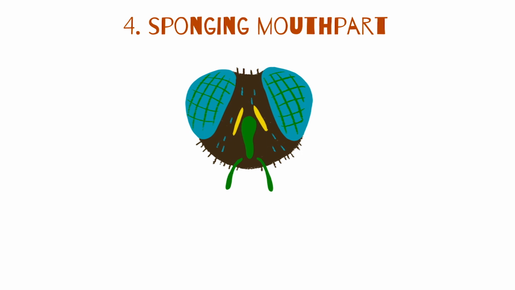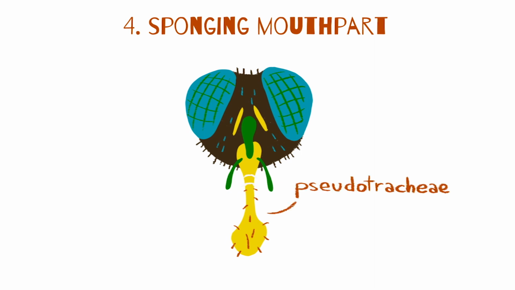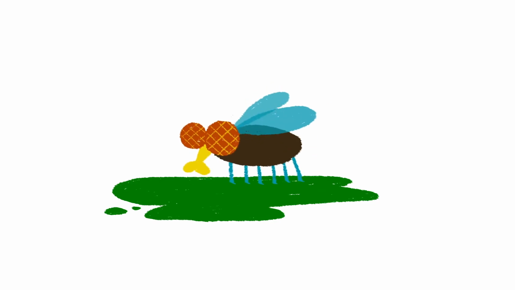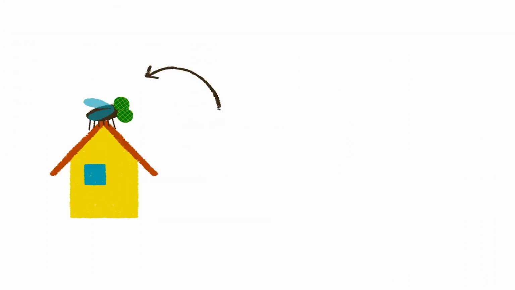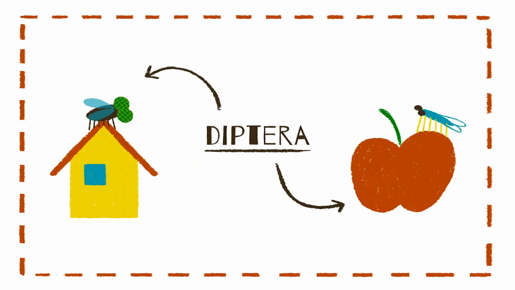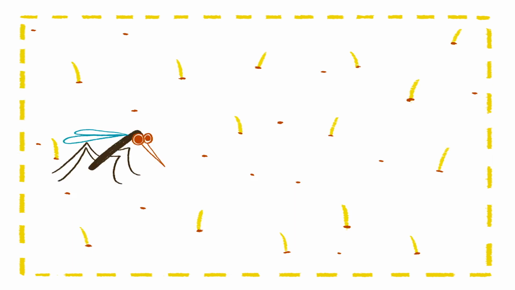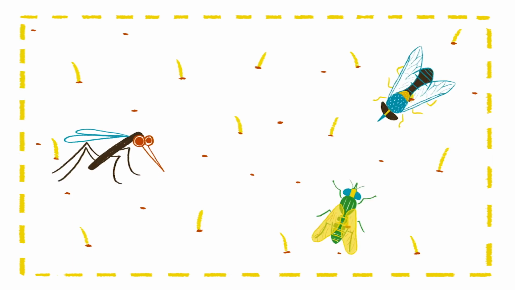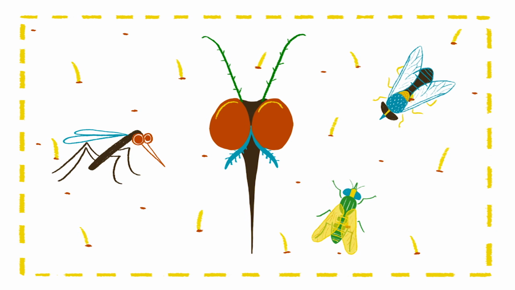With the sponging mouthpart, there's yet another tube, this time ending in 2 spongy lobes that contain many finer tubes called pseudotrachea. The pseudotrachea secrete enzyme-filled saliva and soak up fluids and dissolved foods by capillary action. Houseflies, fruit flies, and the other non-biting members of the Diptera order are the only insects that use this technique. But there's a catch. Biting flies within Diptera, like mosquitoes, horseflies, and deerflies, have a piercing sucking mouthpart instead of